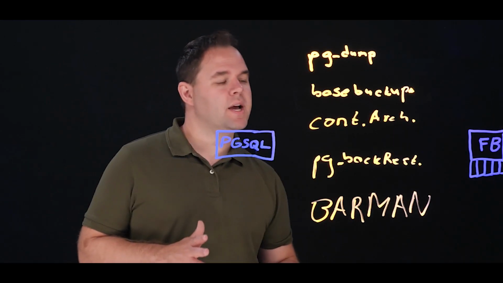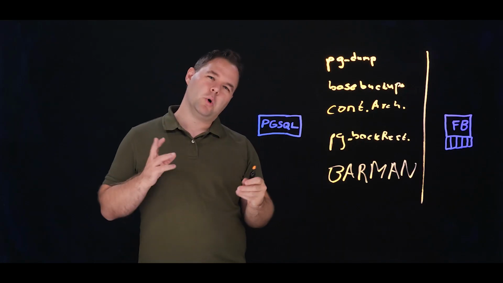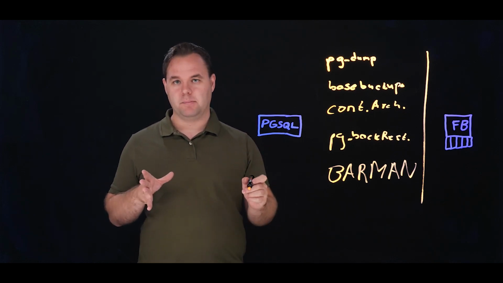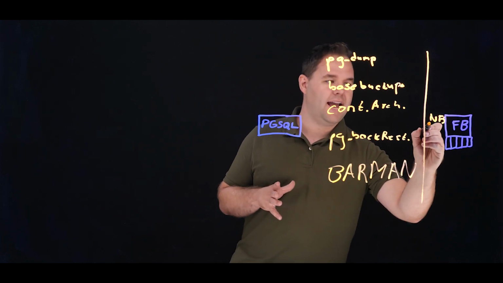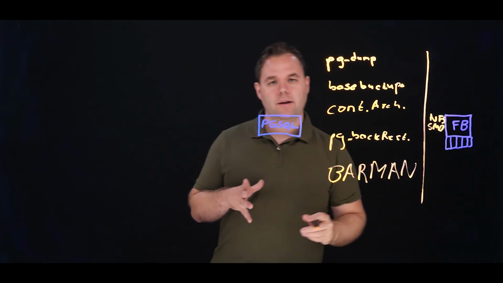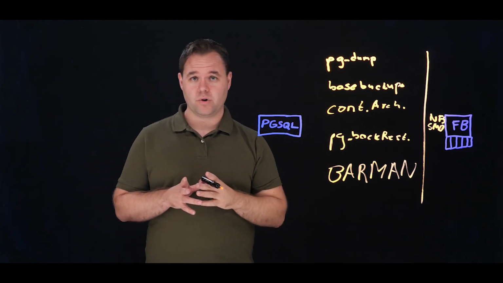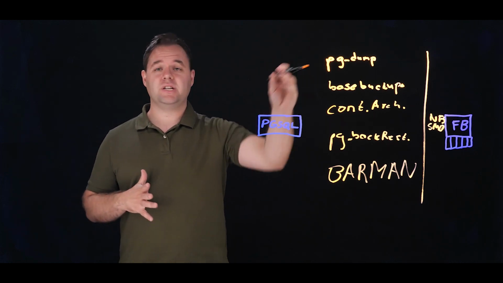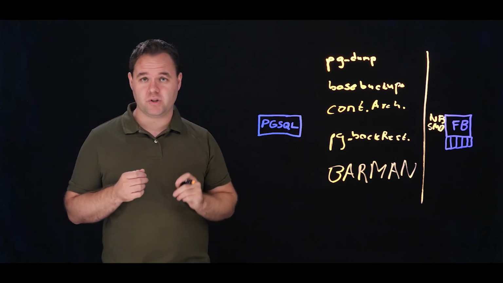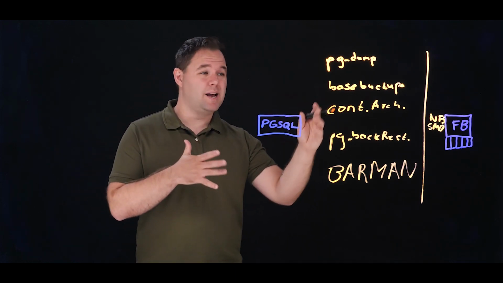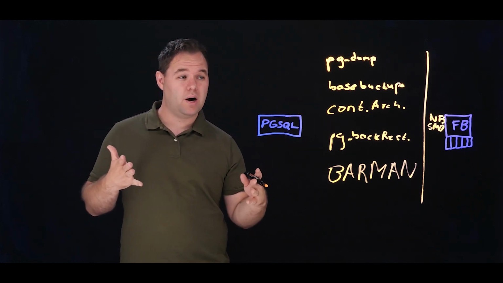What's important to note is that every single one of these tools needs to go through a storage protocol. One of the more common storage protocols is file capabilities. These are NFS or SMB. Now, these file storage protocols, every single one of these tools can make use of as they need to. For pgdump, it is as simple as mounting up the file share and saying, go and output it to this mounted location. Base backup is the same.